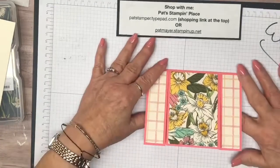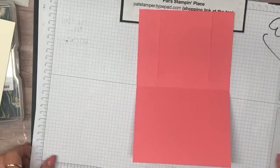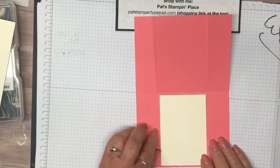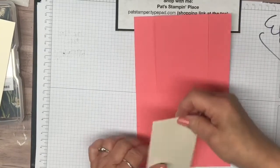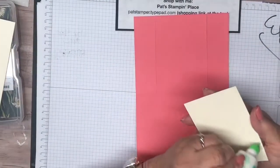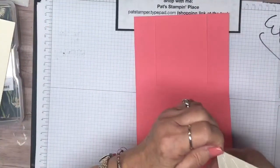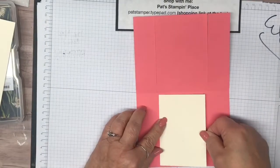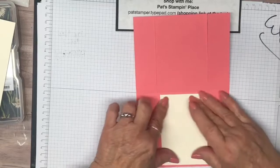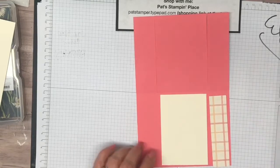So now let's put it together with the plain white piece inside so that you can write something on the inside, or vanilla. Because this designer paper has vanilla in it instead of the white, and I like it. I like using the vanilla once in a while. So that's going to go in here. Then we're going to add these other two pieces